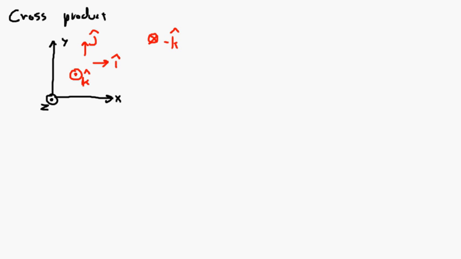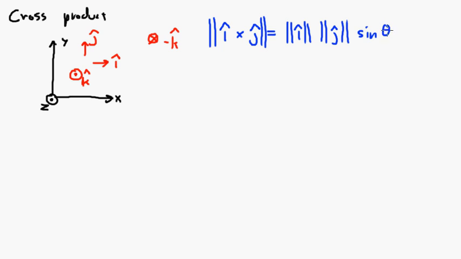Now, how do the unit vectors interact as far as the cross product goes? Interesting question. Let's look, for example, at what i hat cross j hat is. So let's go back to our rules for the cross product. The rules say, first of all, that the magnitude of i hat cross j hat equals the magnitude of i hat times the magnitude of j hat times the sine of the angle between them. Well, what's the angle between i hat and j hat? That's 90 degrees, right? They're at right angles to each other, the unit vectors for different axes. So the sine is